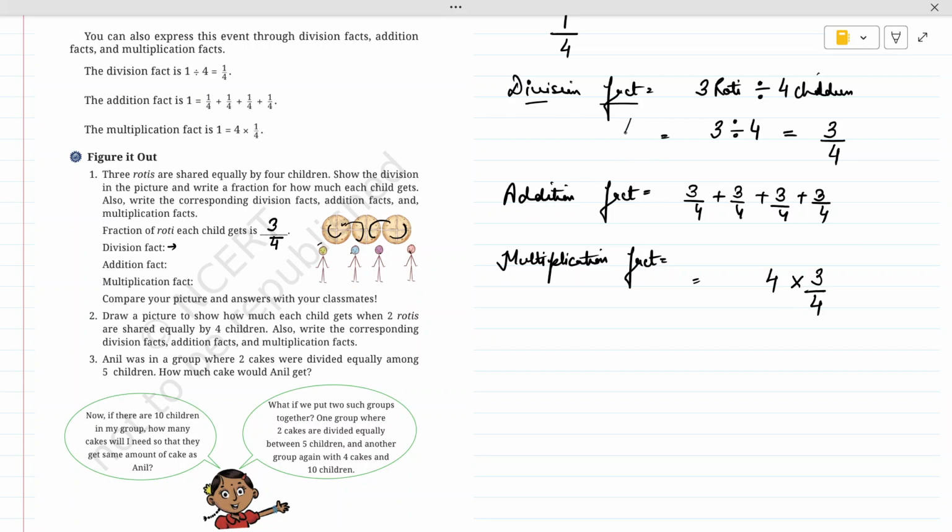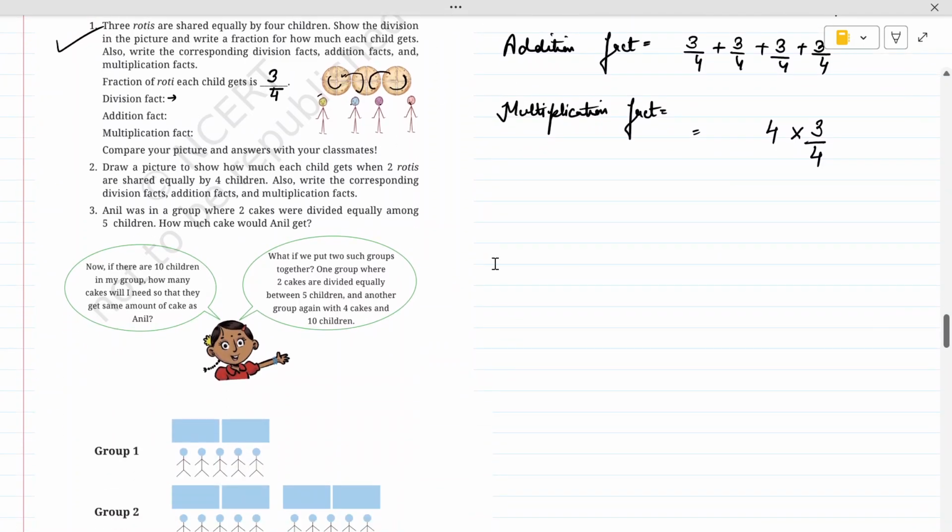Right? This is the division fact. This is addition. This is multiplication. These are very, very easy. This is question number 1 we have done. Now, second is draw a picture to show how much each child gets when 2 rotis are shared among 4